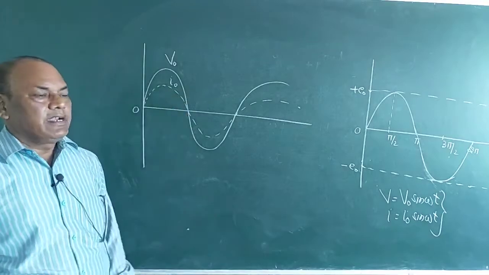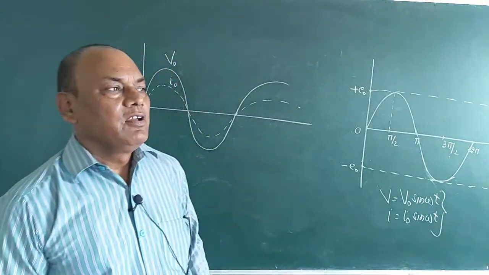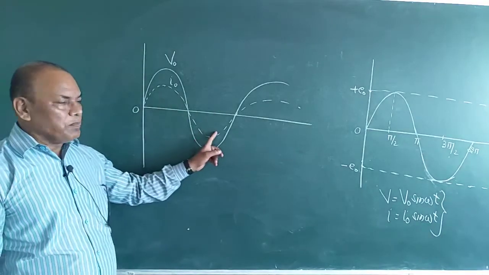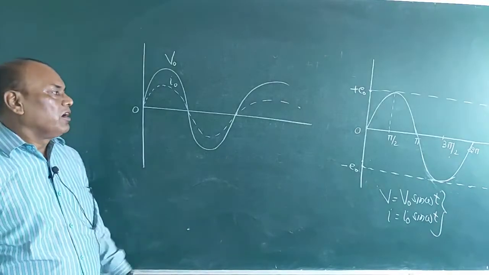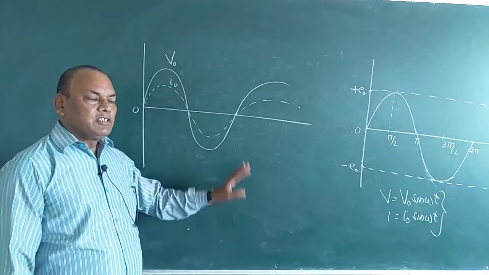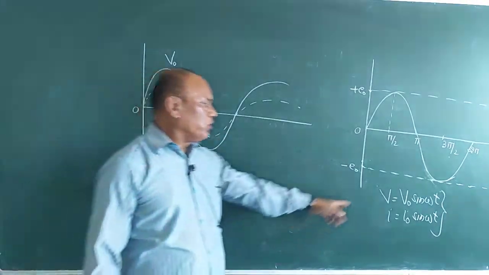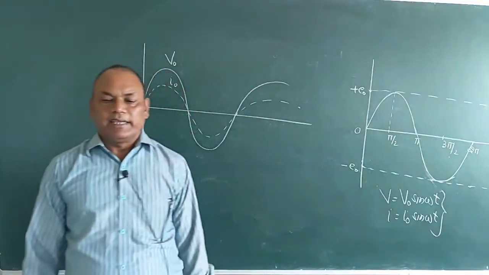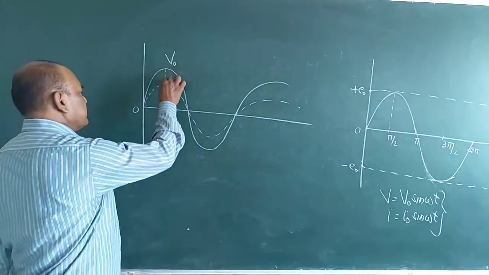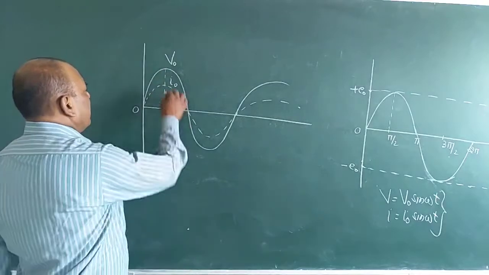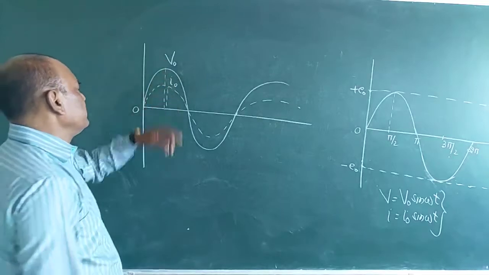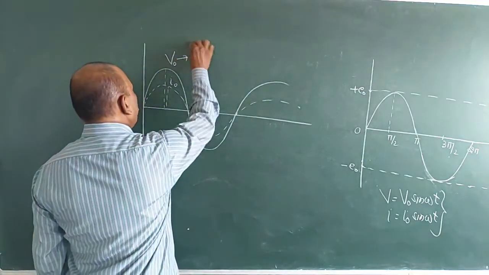Similarly, alternating current is also defined as a current which follows the nature of a sine curve. This means it also repeats its magnitude and direction after a certain interval of time, and this is of alternating nature. Therefore, we name them alternating voltage and alternating current. Now here, this is the maximum value of voltage and this is the maximum value of current. So here V0 and I0 are called peak values.